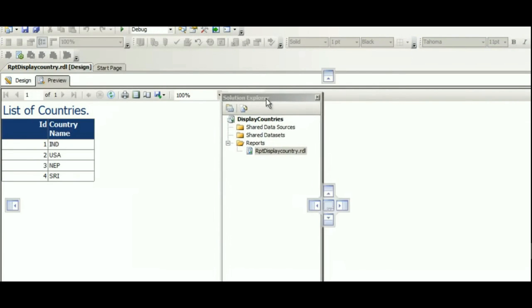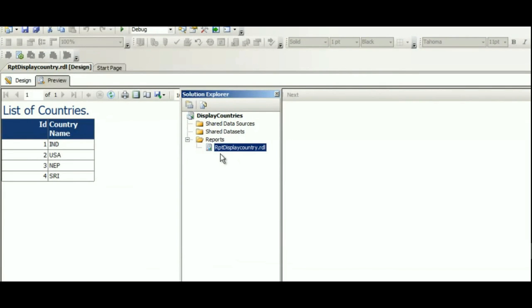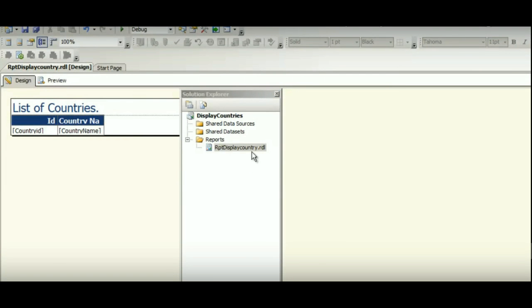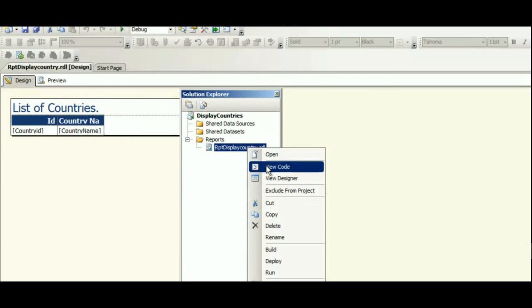Now let's click on View and let's click on Solution Explorer. On the Solution Explorer you can see that it has created a file called rpt display country.rdl. Now this .rdl file is where all your report structure gets stored. In other words, when you are designing this report, all the metadata of how this report will look, what the fields are, what the data source is, everything is stored in this .rdl file. Now, the internal format of this .rdl file is XML. So if you right click on this file and say View Code,